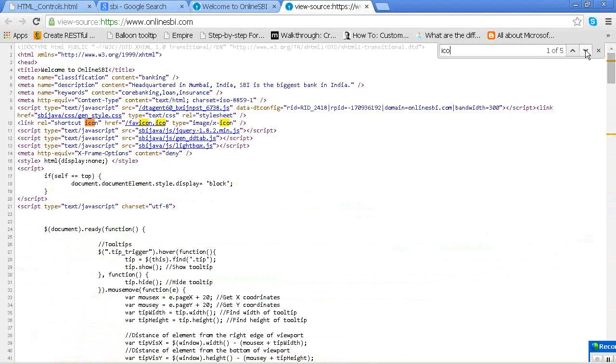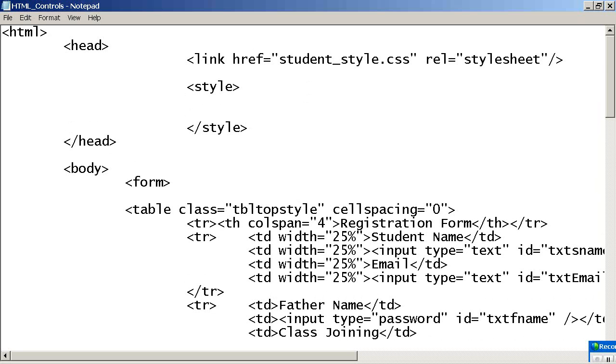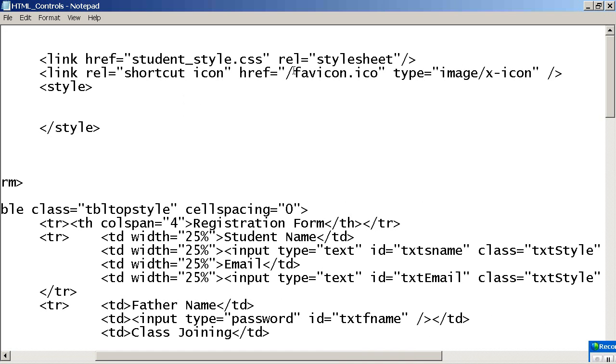You can see that. So what is the code now? In the same way you have used the link href, in the same way I have written it in reverse here: rel shortcut, href, the image location.